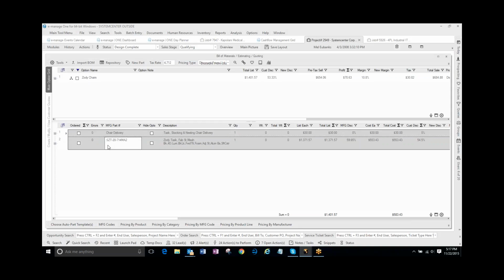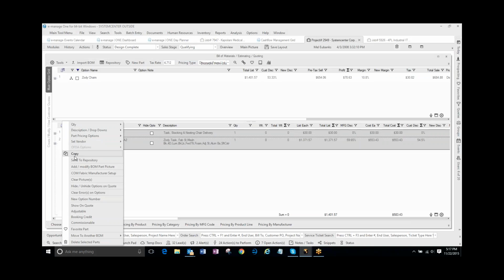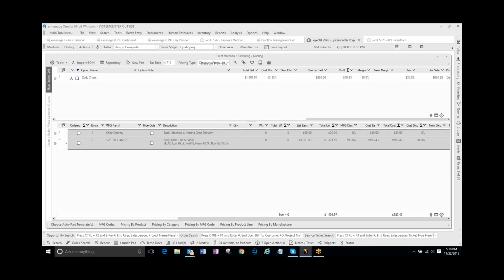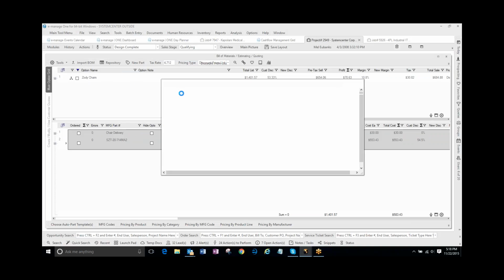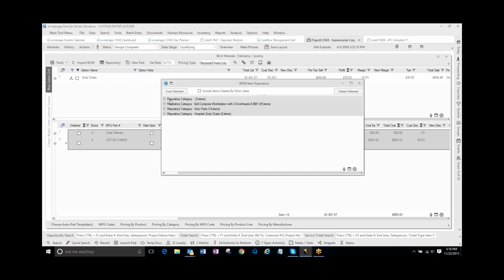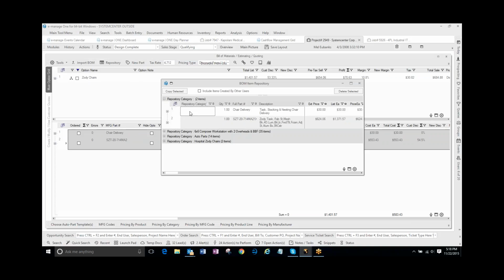So the first thing I'm going to do is highlight both parts because I want to take both of them over with me. And I right-click and I send to repository. It tells me that it went over, and it will open up the repository. And now I have these grouped by categories. So right here, there's 2, but there's no category name on this. So the first thing I'm going to do is give it a name. And I'm going to call this